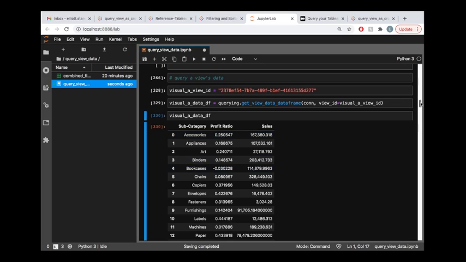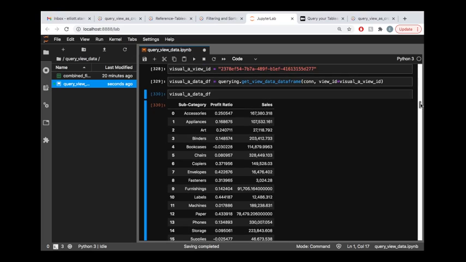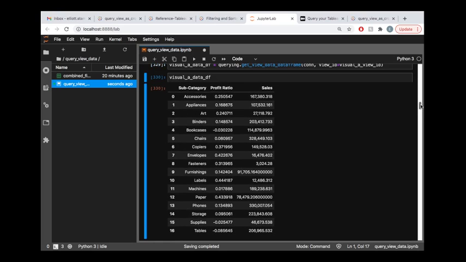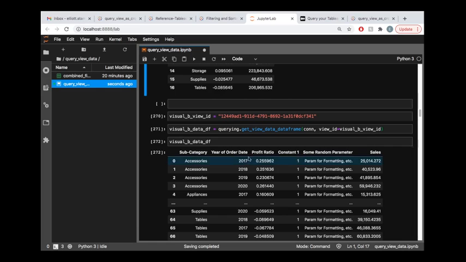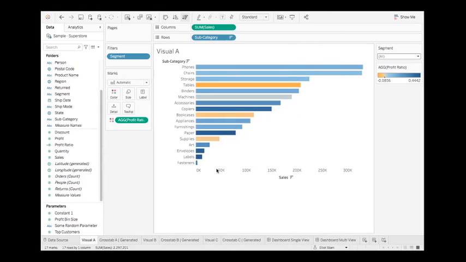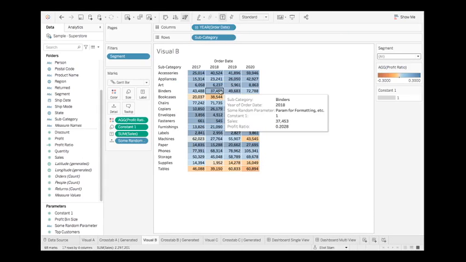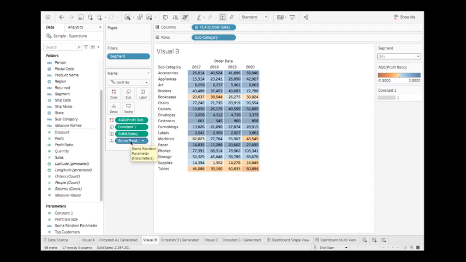So for many of you, this might be exactly where you want to stop. Maybe you simply want to grab data from a view. But let's also show a situation where you're pulling data from a view and you want to do a little bit of cleanup. For this other view, Visual B, we have a table that looks like this, but we also have some information over here in the marks card. Any of this information, like this random parameter down here that's playing some role in the marks card, or this constant that's giving me a size for all of these squares out here,